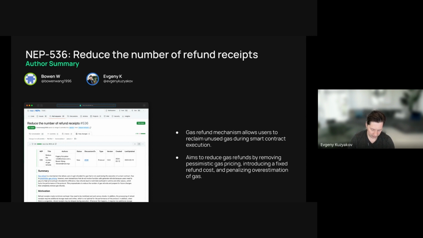On the other hand, it's not really critical to do this, because if we account for the gas refund in the actual gas cost, then that amount will be properly estimated and will just be included in the costs. So there is no real freezing for this stuff. At the same time, it doesn't penalize the development and DevX. So that's the background and explanation of that NEP.